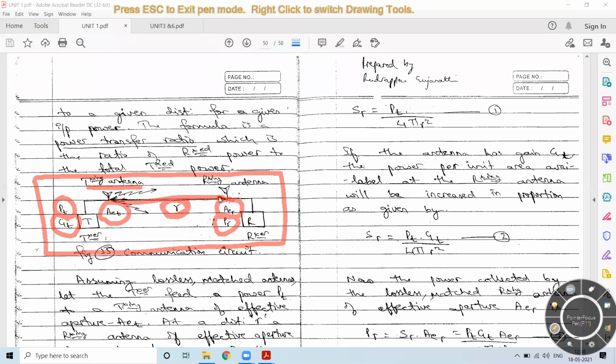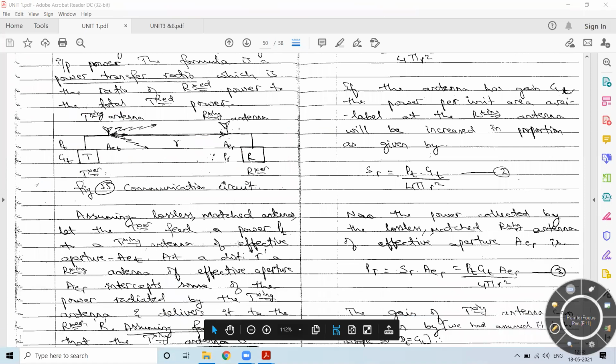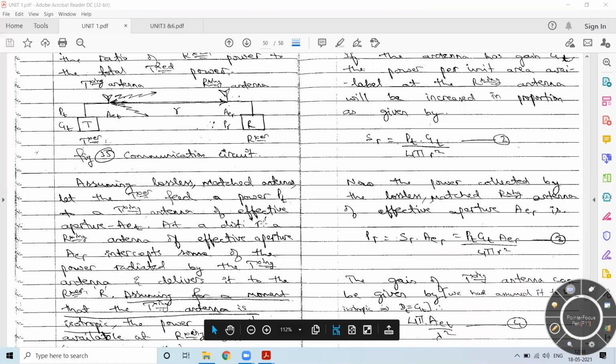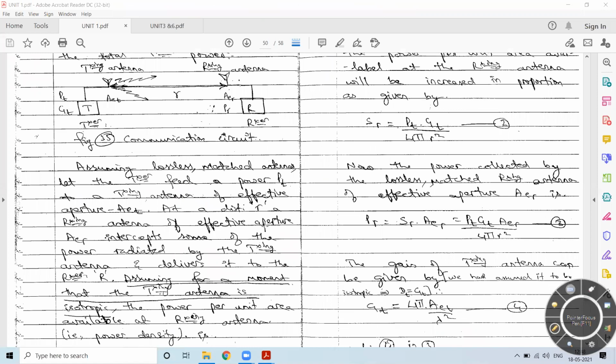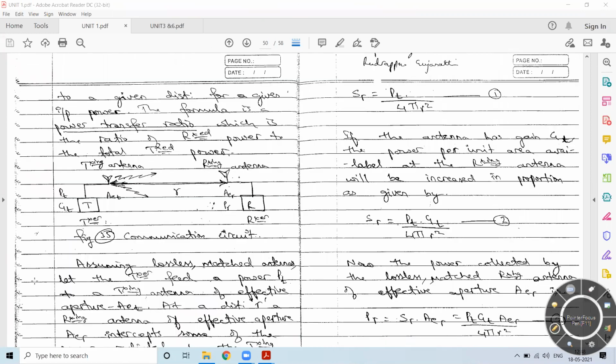So now let us see what these parameters lead to. The first thing we have to look out for in this derivation is that we make some assumptions, and then we go ahead. We consider that the transmitting and the receiving antenna are isotropic in nature, so that some simplifications can be made over here.